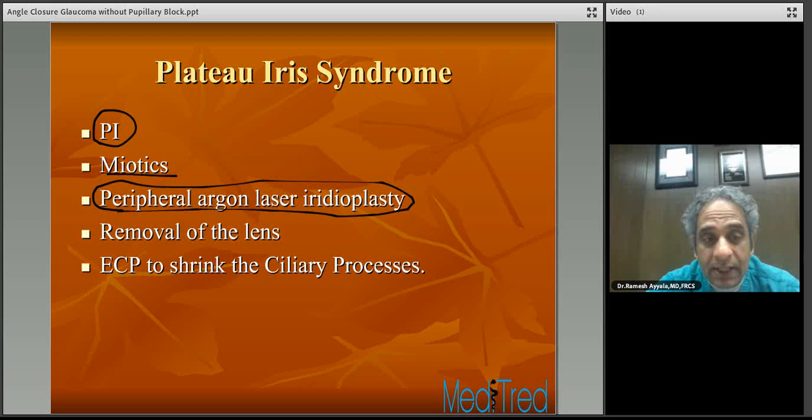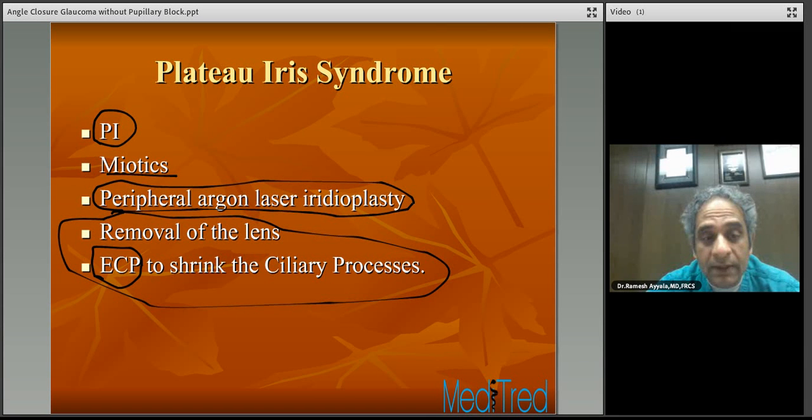Do not hesitate taking this lens out, followed by ECP to shrink the ciliary processes. We'll discuss the techniques involved in endocyclophotocoagulation to shrink the ciliary process in later videos, but I want you to understand the steps involved in managing these patients. So the first thing that you want to do is to relieve the relative pupillary block